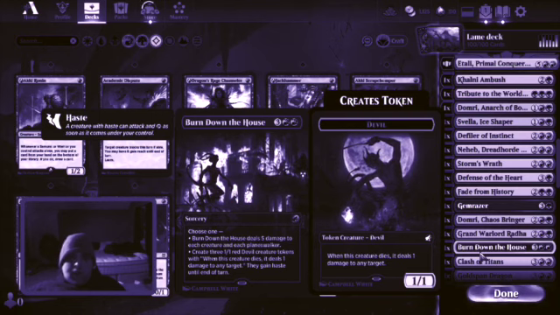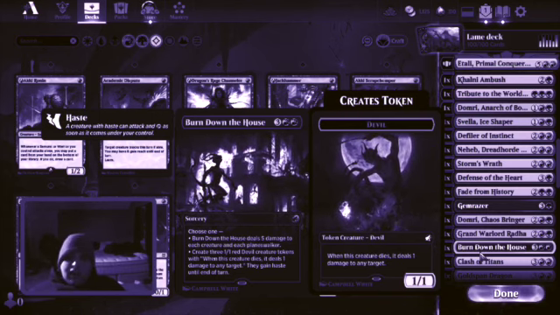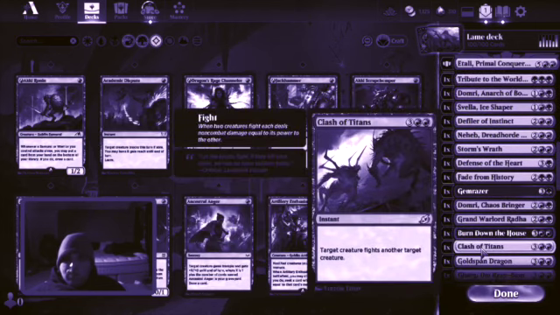Clash of Titans. Target creature fights another target creature. This can actually cause two of your opponent's creatures to fight each other, which is excellent. That's why I really like this card. It's 5 mana, but it's one of the few ways that red can deal with really huge creatures, because once they start getting to 5 or more toughness, they can be quite hard for red to